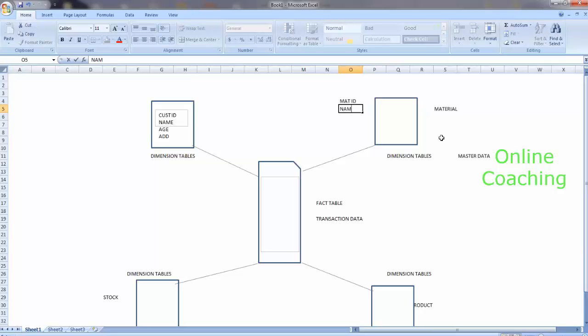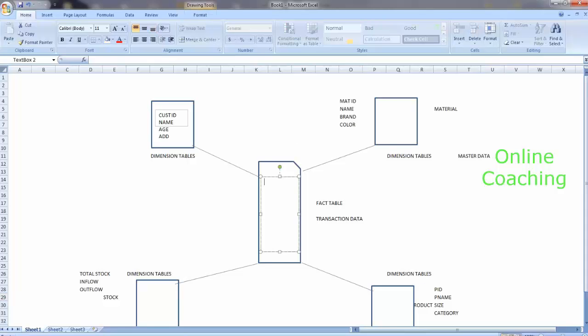Material ID, material name, brand, color. Then here I have a stock. It is like total stock, inflow, outflow. Let's take product. I have product ID, product name, then I have size, category. Okay, so how these tables are connected with each other or not with each other,